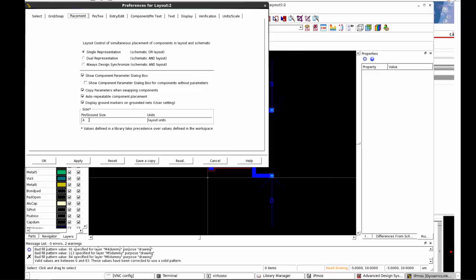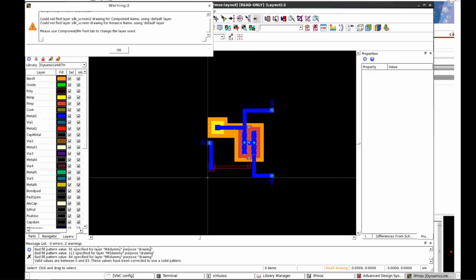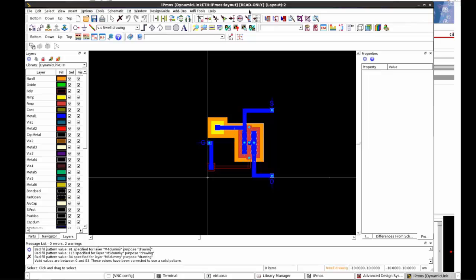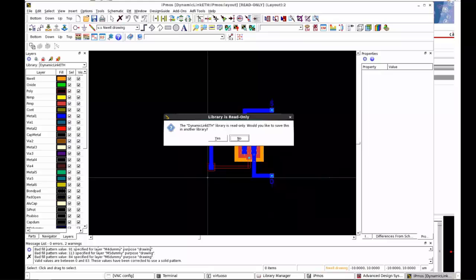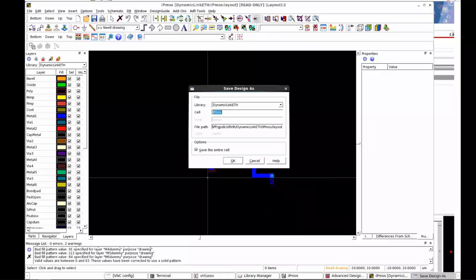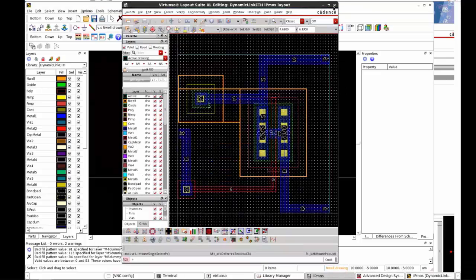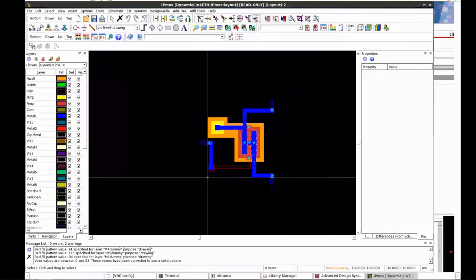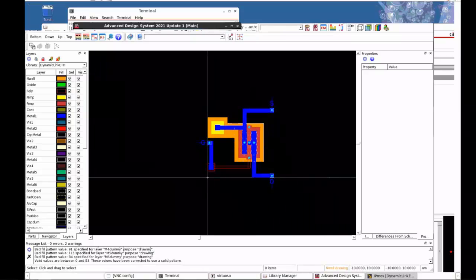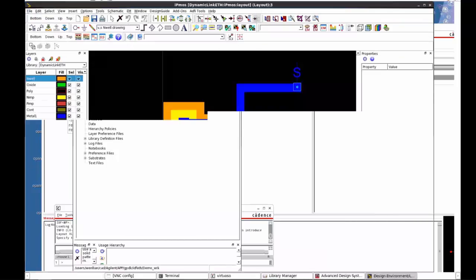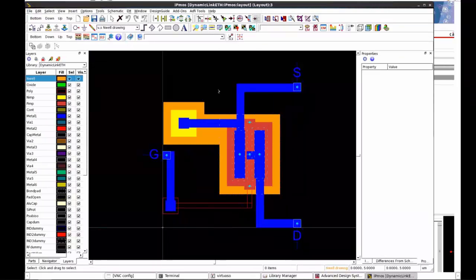So I go to here. Okay. Oh, you know what? Here's the read only. Remember this is the same layout, right? I didn't close my layout, so it wouldn't let me save. So let me go back here. Let me close it. Okay, it takes my modification. All right, so once I get this,